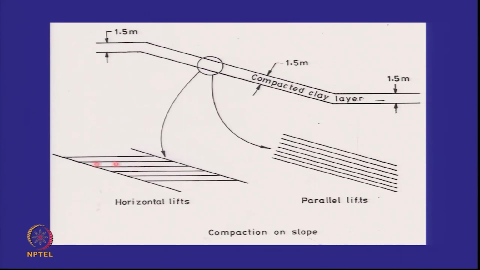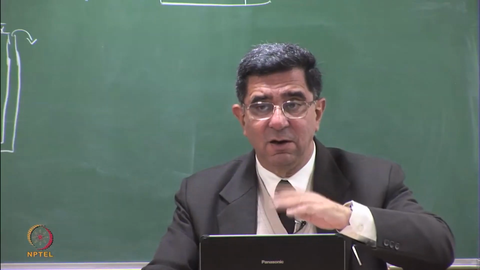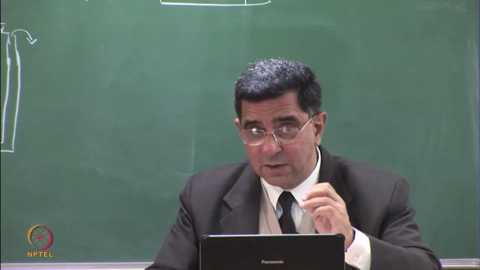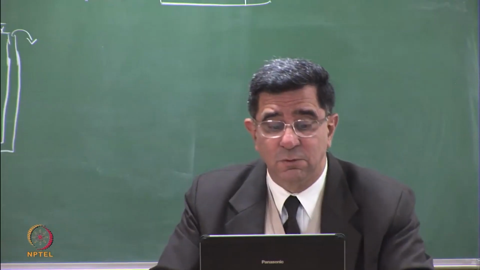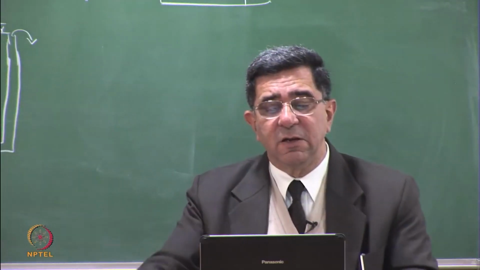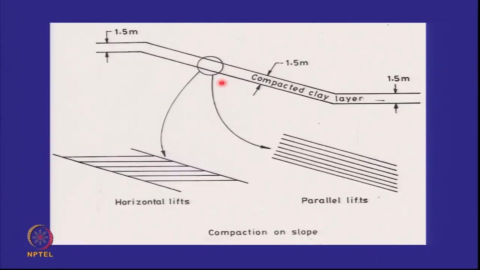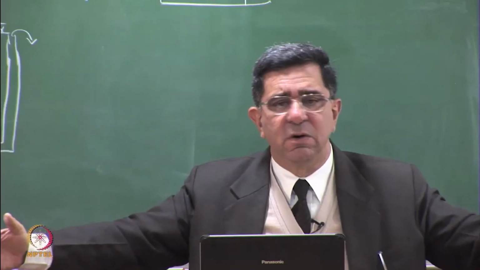And remember, if your bonding is not proper, then you are creating zones of high permeability in the horizontal direction. So it's critical that your fusion is good, and that's what a sheep's foot roller does. So the thickness of this clay is 1 meter. So the question asked is, how can I compact a 1 meter thick clay? My roller is 2.5 meters wide,